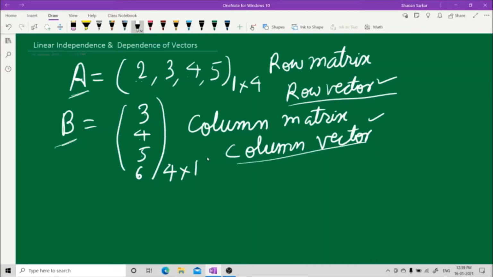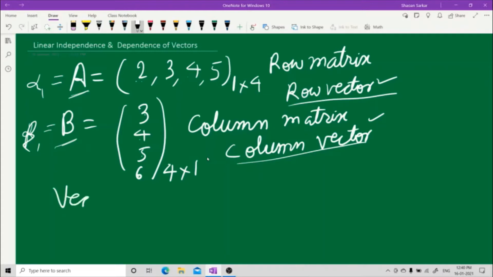Instead of writing A and B like this, I'll use the symbol alpha 1 here, let us call it alpha 2, and something like beta 1. So the definition of linear independence and linear dependence comes from this very concept: